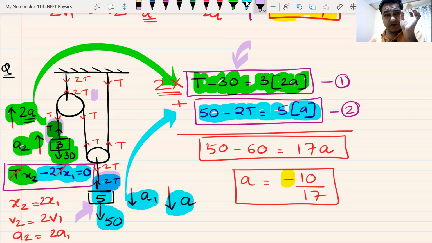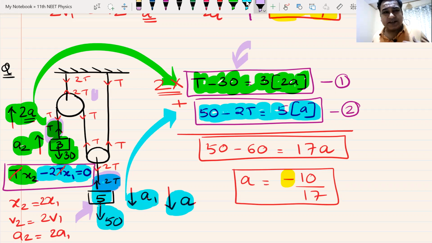Here we had 3 kgs and 5 kgs. If we had 3 kgs and 6 kgs, it will not move, it will remain like this. If it is less than 6 kgs, this will move up, this will move down, because the force on this block is more compared to this. If it is more than 6 kgs, it will move down and this will move up, as we expect. Do we understand this? And this is a very important problem that we must do to understand what has gone wrong. Acceleration has come negative.